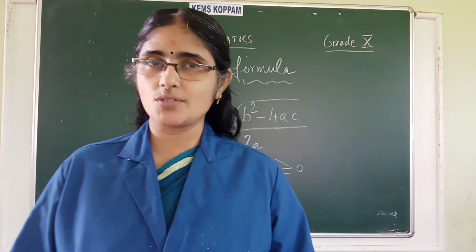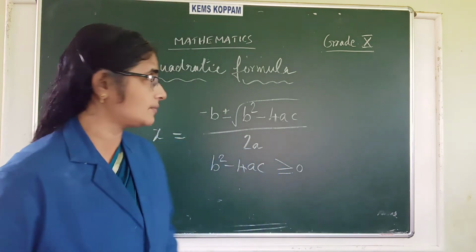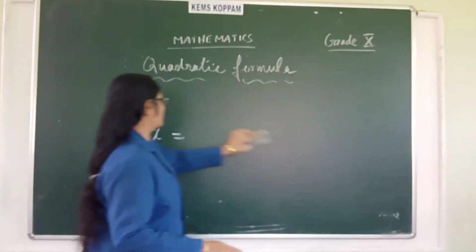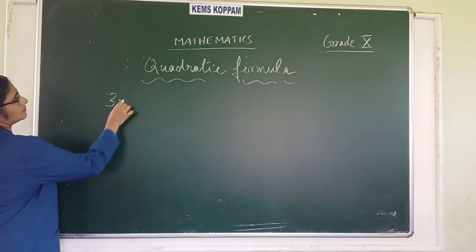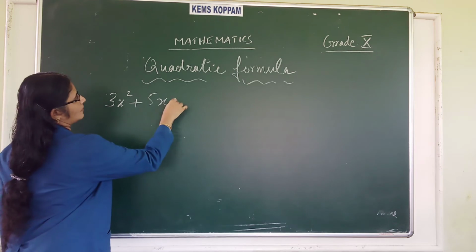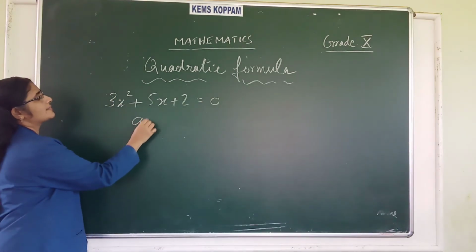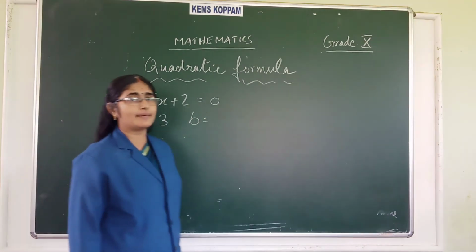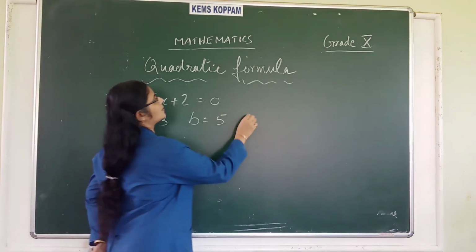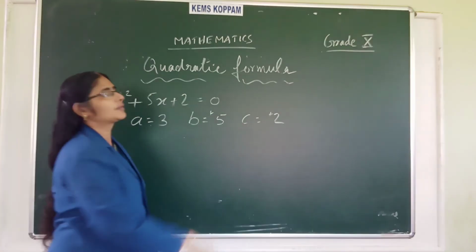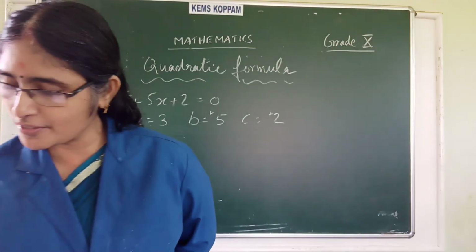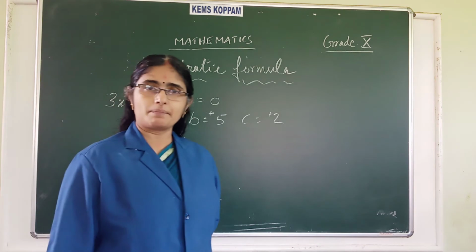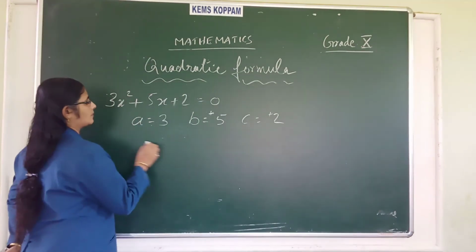What is a? a equals 3. What is b here? b equals negative 5, c equals plus 2. Then what do you get? The equation is 3x square minus 5x plus 2. So x equals